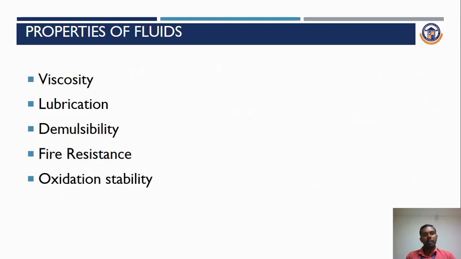Next one is demulsibility. It is nothing but the ability of fluid to release water. Next one is fire resistance. Whenever the cylinder extends, there is retraction and extension, and some heat transfer will occur in that fluid. So flash point and fire point are the major characteristics for fire resistance. Oxidation stability is the tendency of fluid to react with oxygen at minimum temperature near ambient. So while we choose any kind of fluid, these are the properties you should consider while setting up any kind